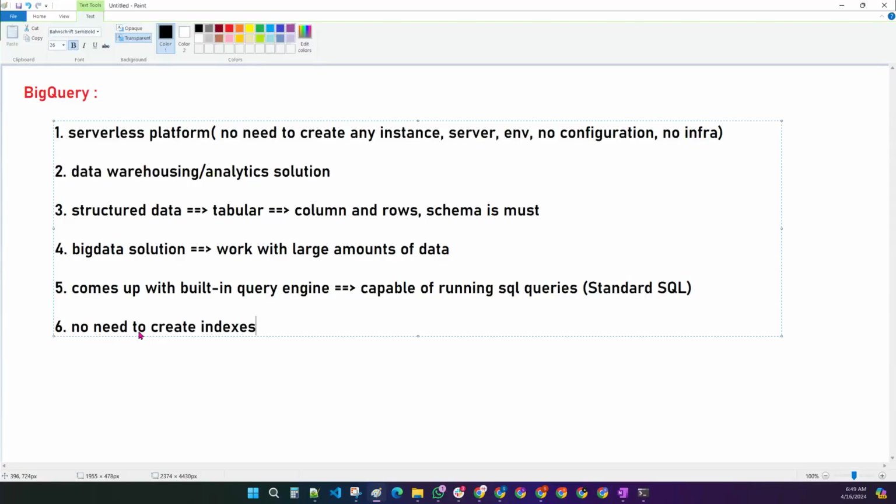Okay, so why? Because BigQuery follows a columnar storage model. How does BigQuery store the data? Sir, BigQuery stores the data in a columnar storage model. That means it stores the data in columns. So, for example,